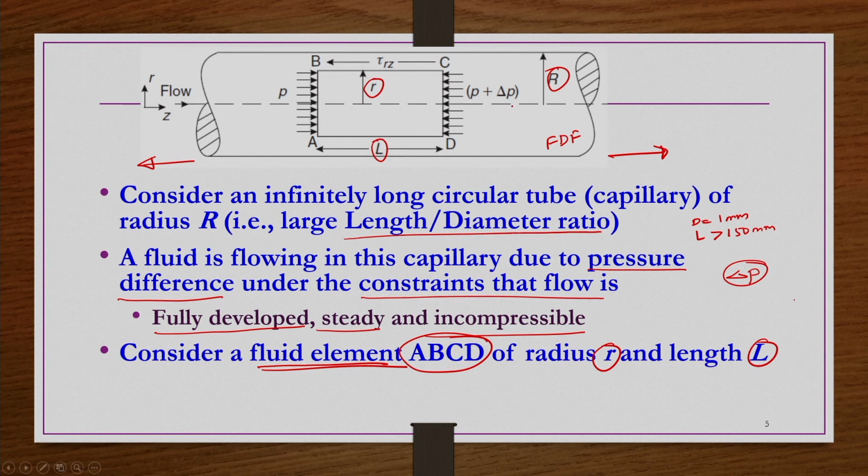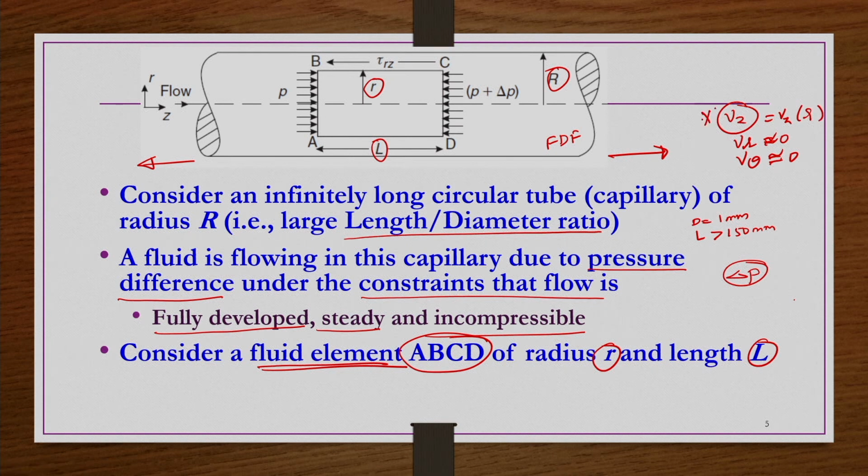So, now here in this case we have taken the geometry such a way that the only velocity component existing is Vz, or the velocity component in the flow direction is very dominating compared to the velocity components in the other directions. So, V theta and Vr are going to be 0 or approximately 0, very small compared to the values of Vz, whereas Vz is a function of r only. So, that is the constraints we are having.